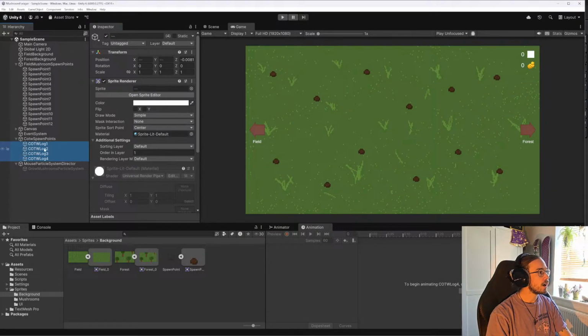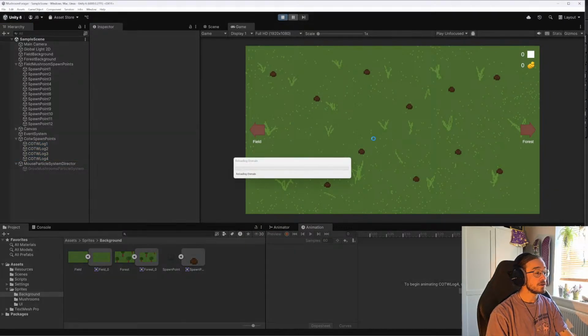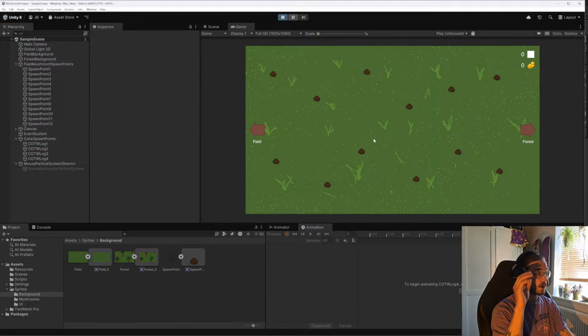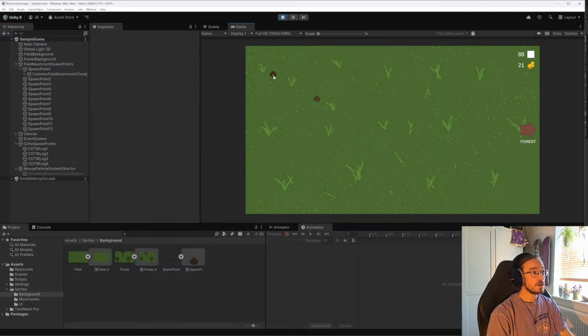Hopefully changing that will have made it so the mushroom spawns in the right place. Yeah, it's growing from the bottom. Yeah, I think that's